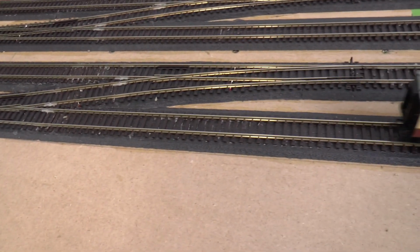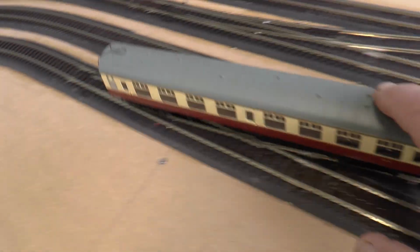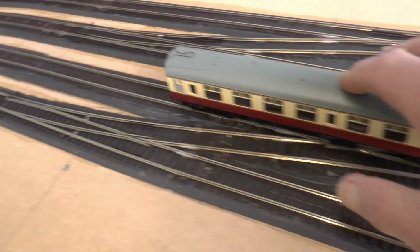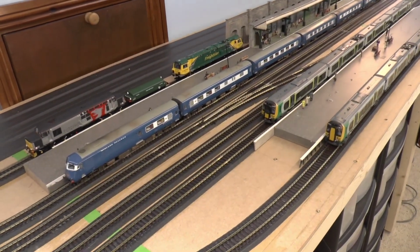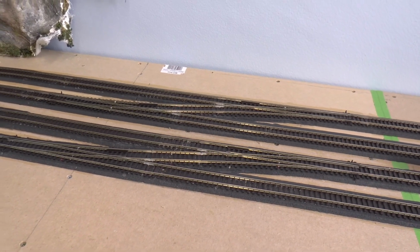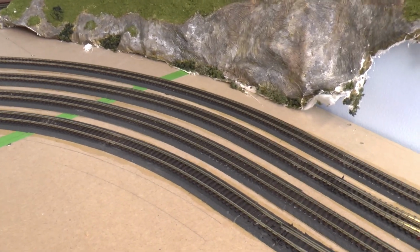And this is free to run on the inner track, or I can cross over, and again free to run on the second track, and then it can go round and cross over on there should I wish to. So that's the 2 crossovers there. There are more crossovers which I'll get to in a minute. And so we get round to here,